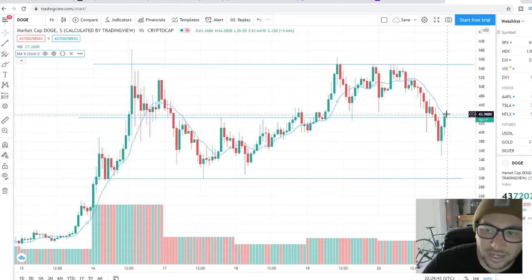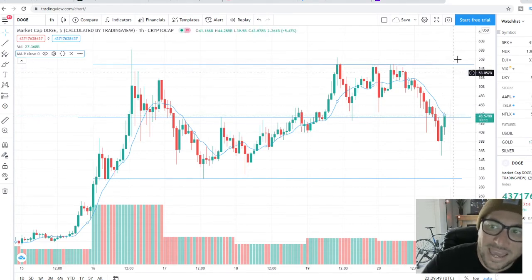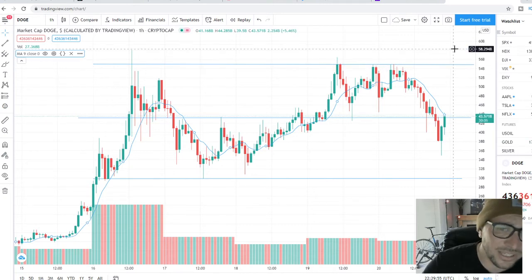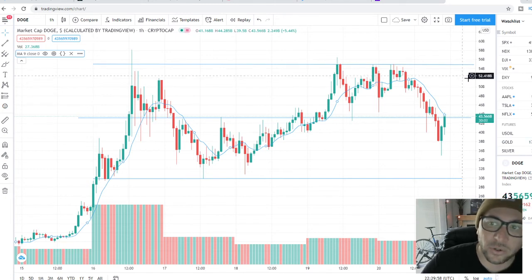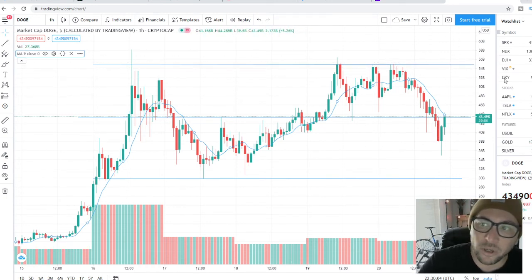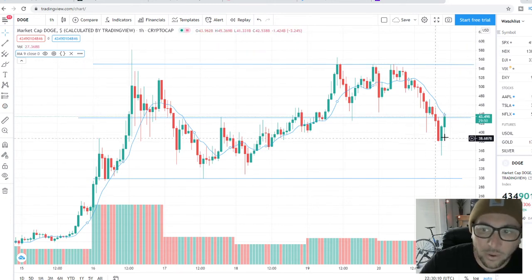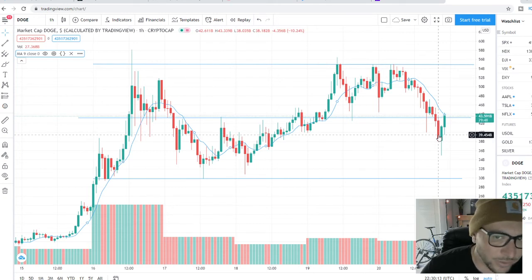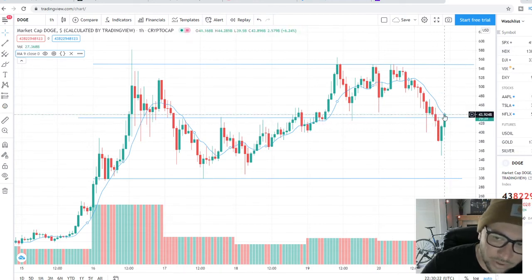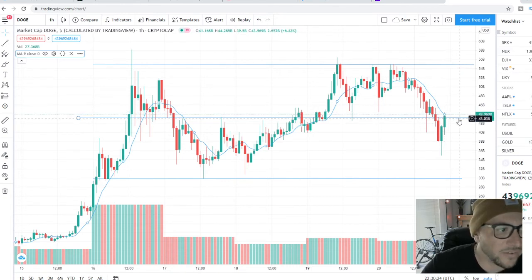Look for a break above the 9-day moving average here. As soon as it breaks above the 9-day moving average, you've got about a 12-point spread here. If it can crack this 54, 55, 56 area, you could potentially see 60 cents, 75 cents. So if you're looking to wait for a little bit of confirmation to see if it can crack this level, then maybe you would get in around 55, 56 cents and look to ride that into 75 cents on some momentum. However, if you're just looking to throw some cash in and let it do its thing, right now would be a perfect dip opportunity because it recently broke above this support level that was acting as resistance. It broke above it, so you've got a little bit of room to work there.